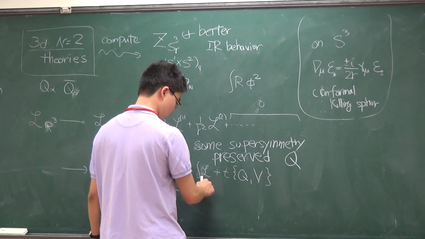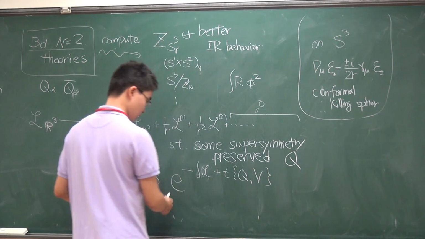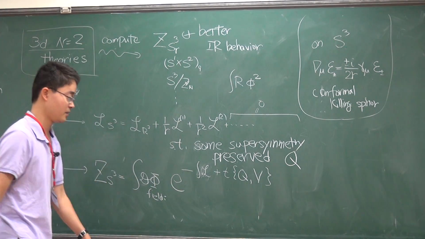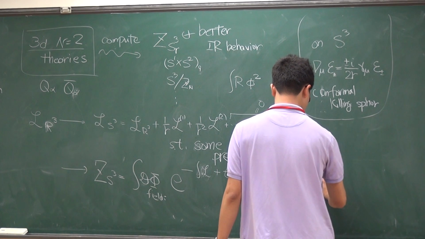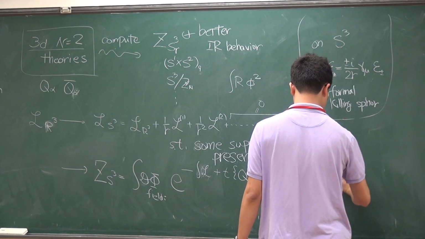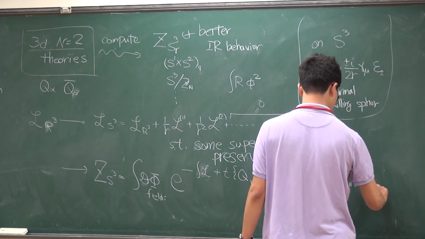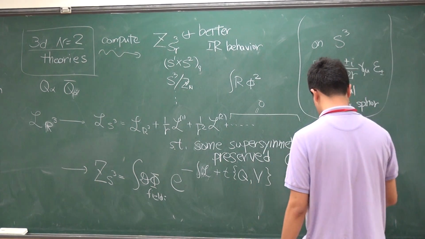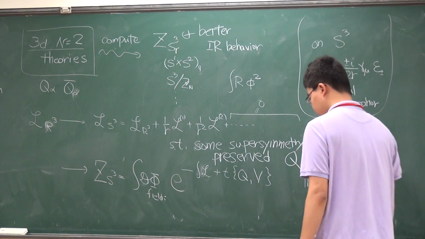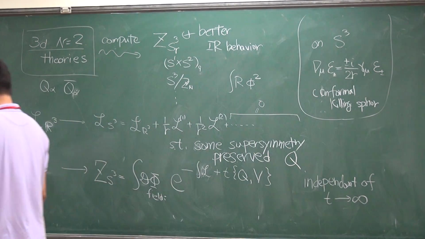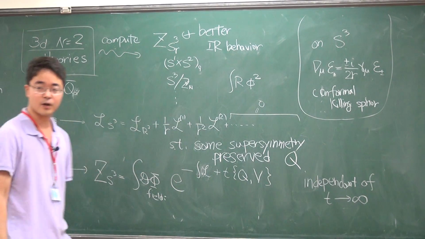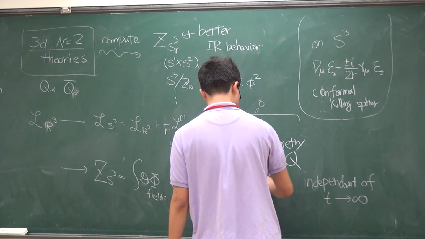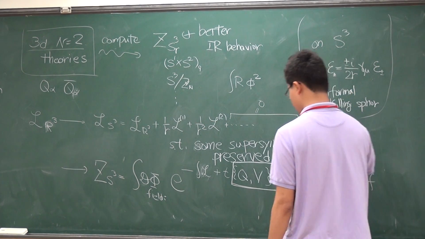So this Lagrangian itself is invariant under Q. So you can convince yourself that the derivative of this is zero, so it's independent of t. So in particular, I can take a limit where t goes to infinity. But that so far doesn't help too much, unless something special happens. And something special means that suppose that this Q-exact term